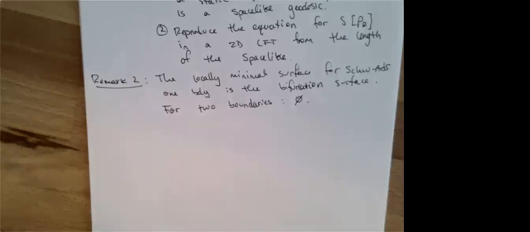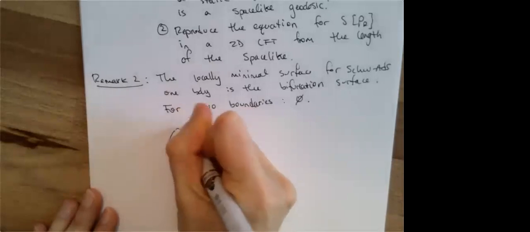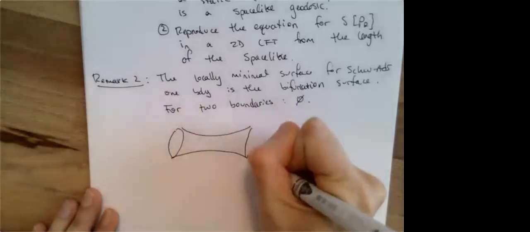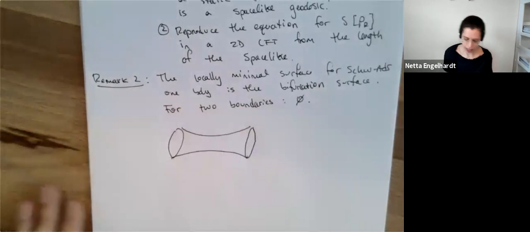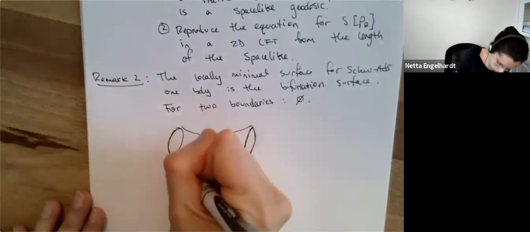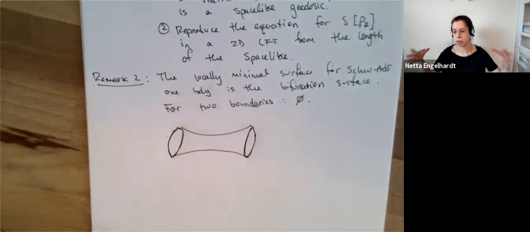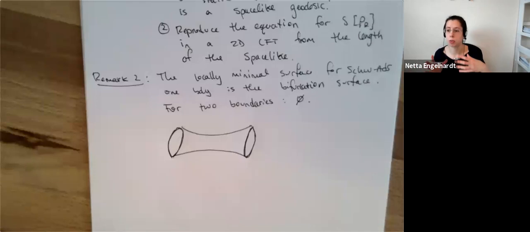Can I ask a quick question? For sure. So when you say two boundaries, do you mean a boundary and its complementary region in the boundary? I mean the complete... very good question. Let me draw a picture. So here's a Cauchy slice of AdS Schwarzschild. And I mean the full Cauchy slice. So I'm not talking about a boundary subregion. I'm talking about the full asymptotic boundary on both sides, as opposed to the full asymptotic boundary on just one side, because you have two components to the asymptotic boundary. Does that make sense? Thank you.